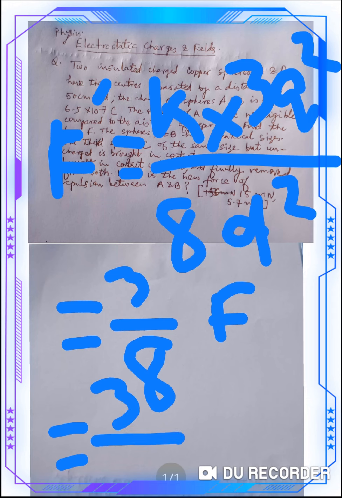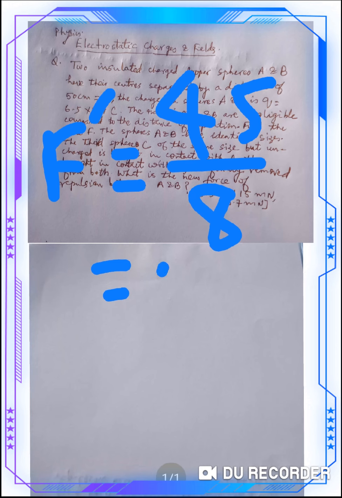So 3 upon 8 multiply 15 millinewton, and we finally get F dash is equal to 45 upon 8. 8 5 ja 40, 50, 8 6 ja 48, 8 7 ja 56. So nearly it is 5.6 and the unit is